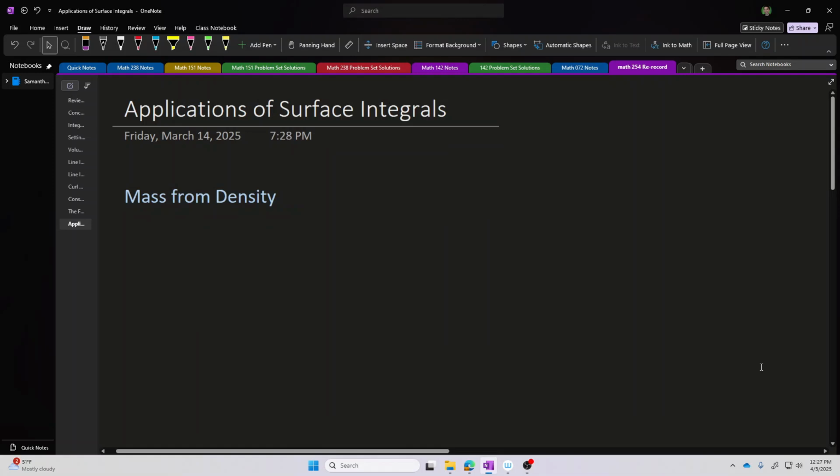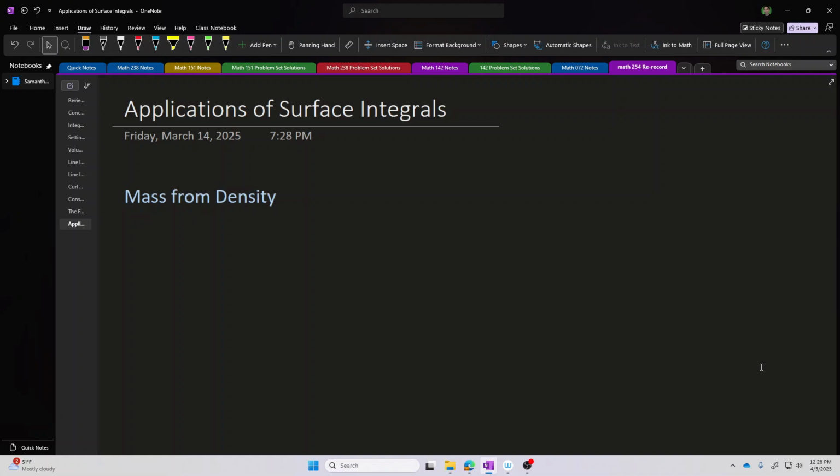Hello everyone. So in the previous video that I had posted for today, we talked about some applications of surface integrals and we gave somewhat detailed actual calculations of the results, specifically how to find surface area using a surface integral and how to calculate heat flow through a surface using a surface integral. In this video, I just want to do a quick overview of additional applications of surface integrals.